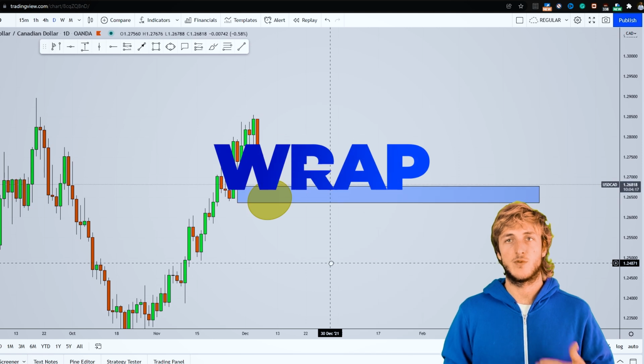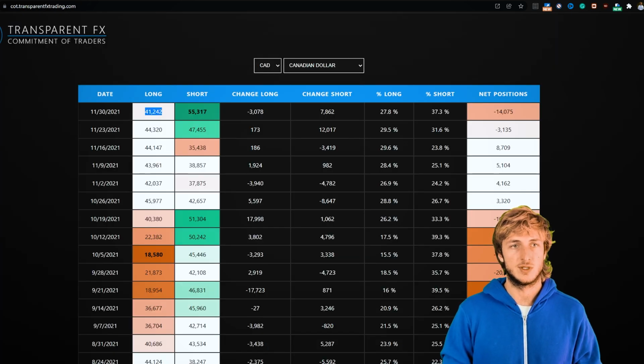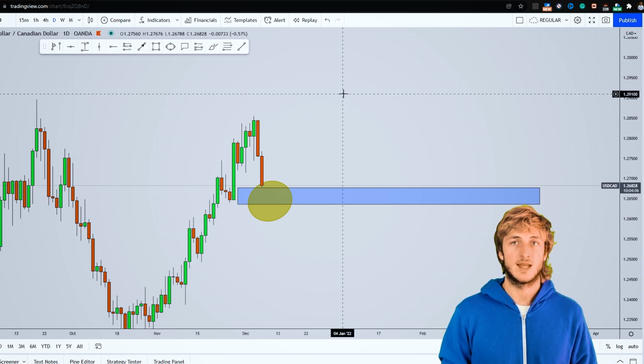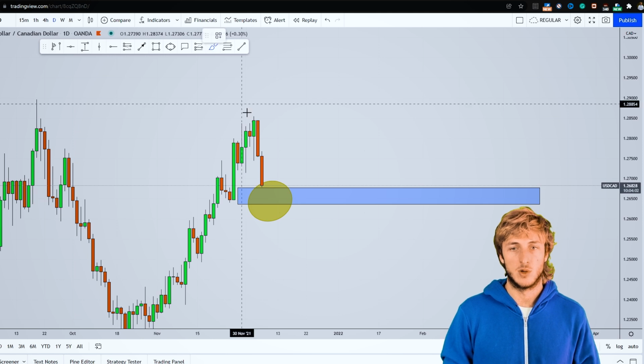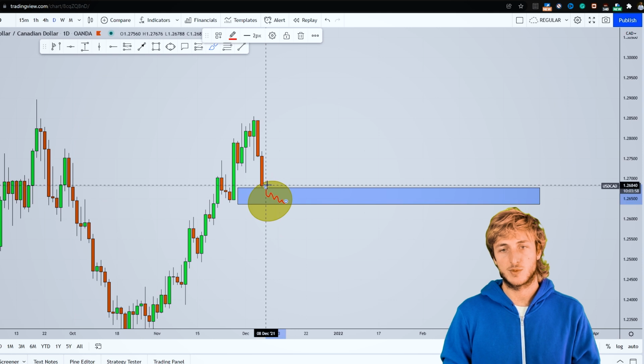Now, as usual, we will be reactive and not predictive. The monthly, weekly, and daily combined with the COT data, those are the best time frames from a directional perspective. However, when it comes to confirmations and entries, the best time frames are the intraday time frames, so 4 hour and lower. Therefore, with students, what we will be doing is monitoring price action from an intraday perspective during this